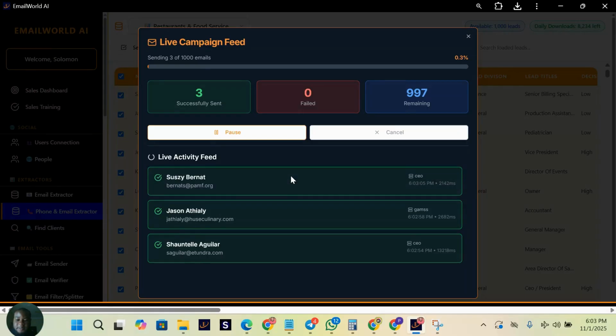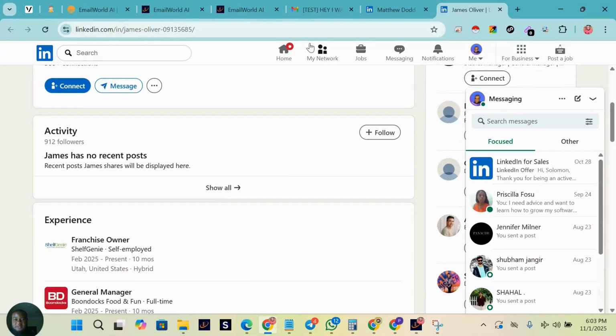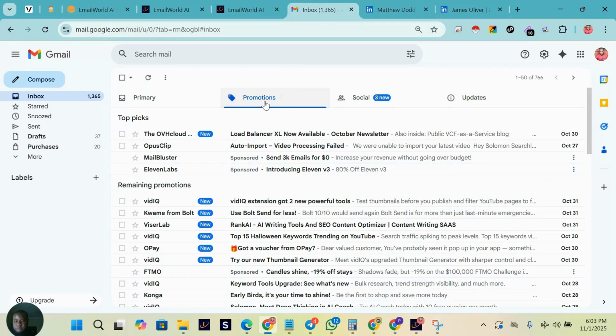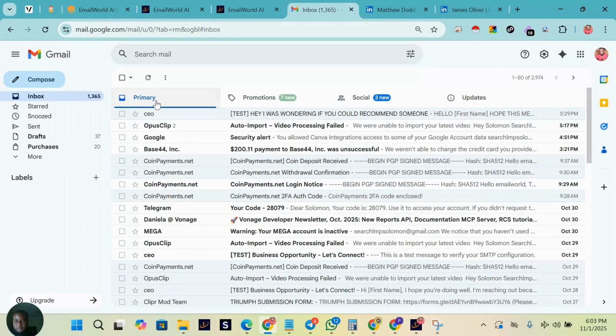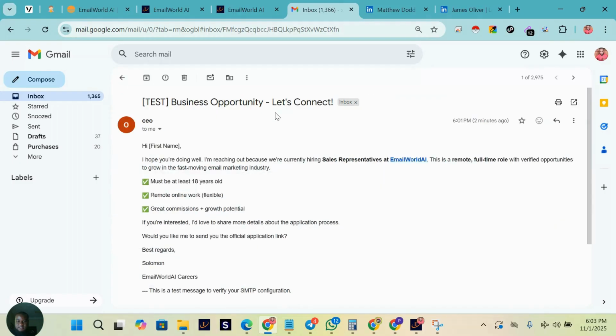Because this is a demo, I'm going to click pause and go check our inbox, because I sent myself a test message. Okay, now it's come here. You can see it here. This is my test message, and at the top you can see it says test. It came to the inbox. This is the top one here, and you can see the link I added